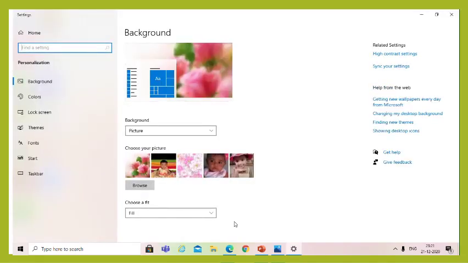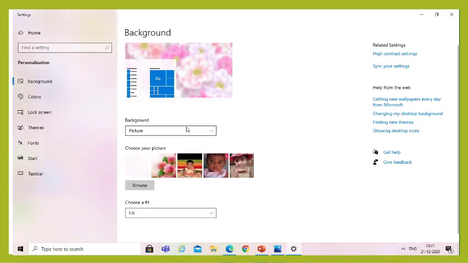The personalize window appears. Click the desktop background and choose the desired desktop background. A window with multiple images appears. Select any one picture as the desktop background. Suppose you want to create a slideshow as the background, you have to choose more than one picture. The selected background will appear on the monitor as the preview. Now I am going to choose this picture. You can see the preview.